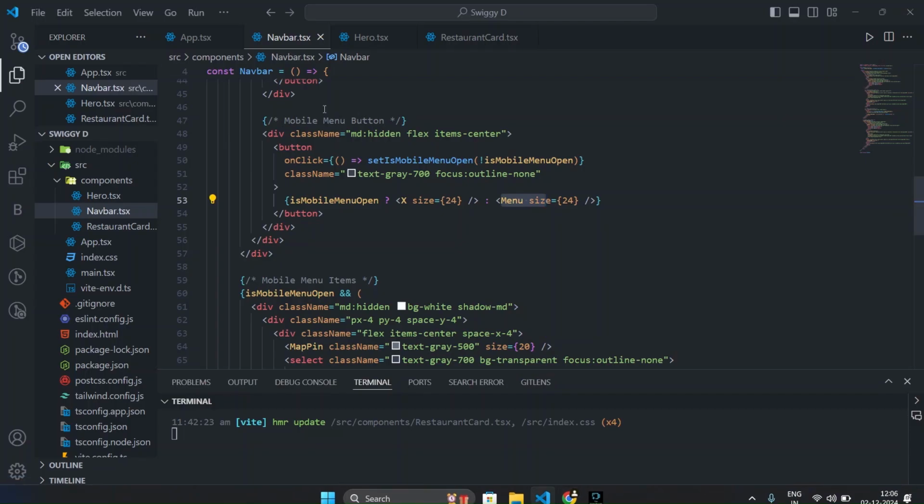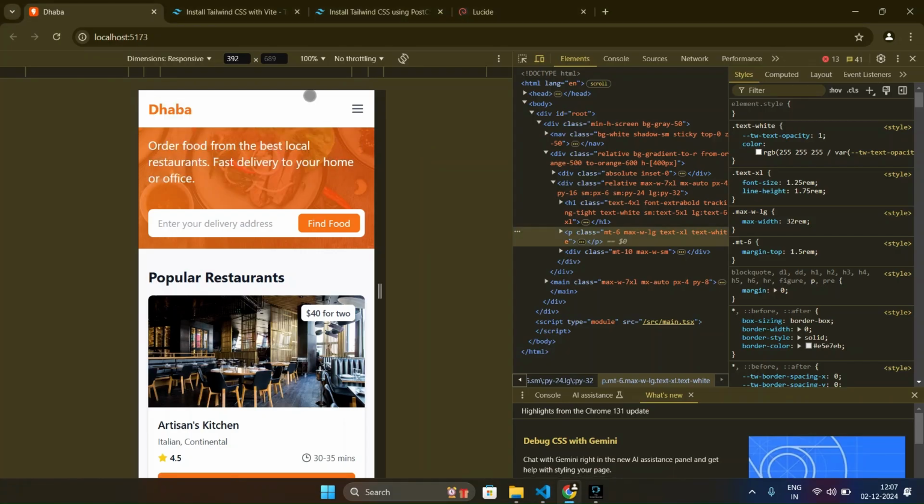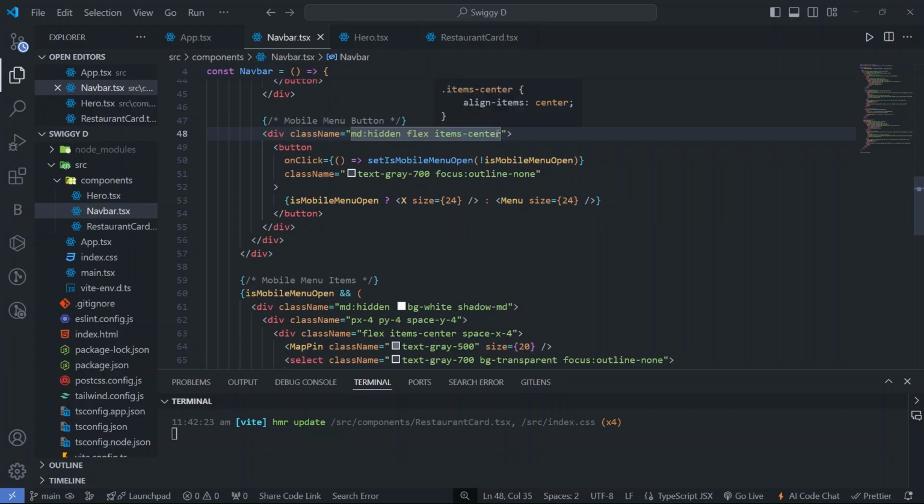How will it show? First of all you define a div. In this div our items will be hidden, right? We are not showing any items right here, and flex items-center. And we have defined a button. When you click on this button, setMobileOpen, and here we have a toggle. So using this ternary operator we have a toggling of our